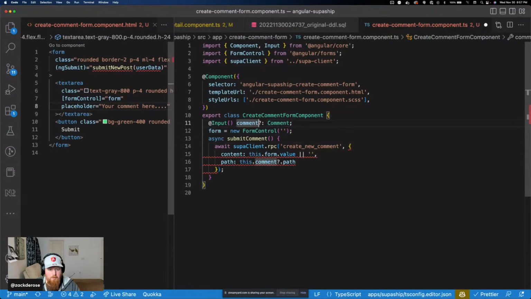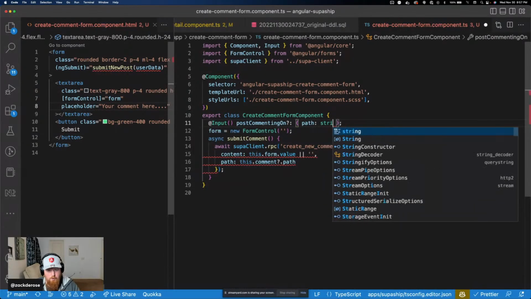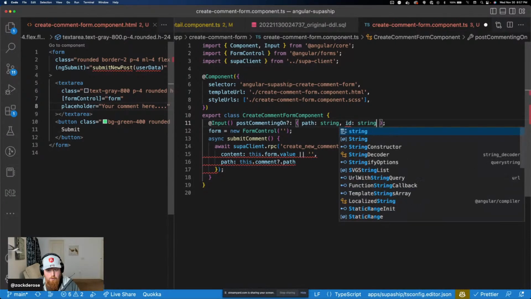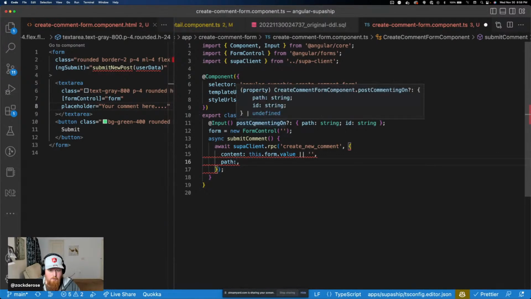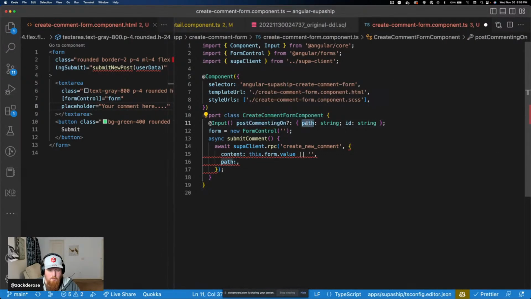I guess this is like the post we're commenting on. We'll just give this a more loose type. We really just need something with a path of a string and an ID of a string. Because our path, I think what we'll want to put here is this.comment post commenting on